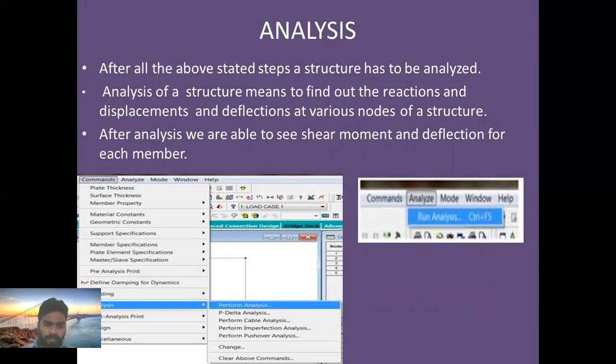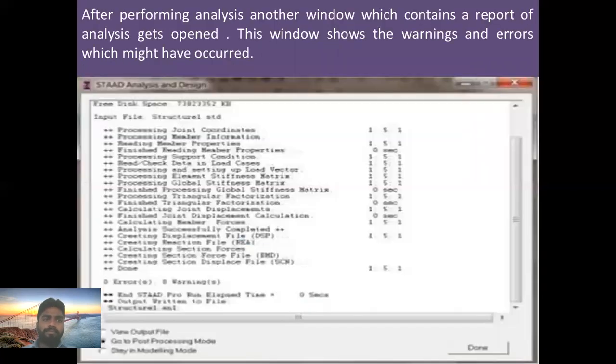This is the window where I am going to analyze. There we can directly run the analysis. After performing analysis, another window which contains a report appears.